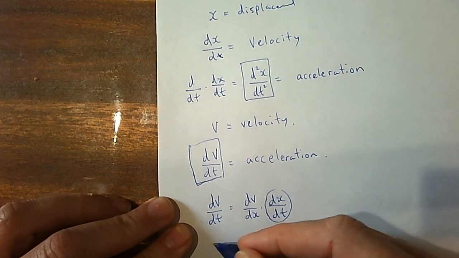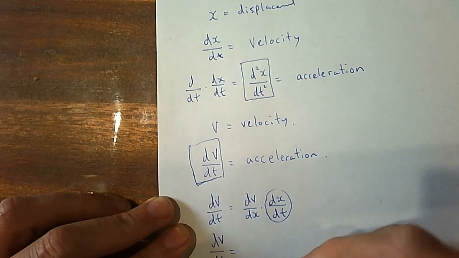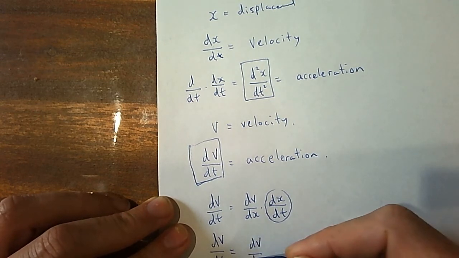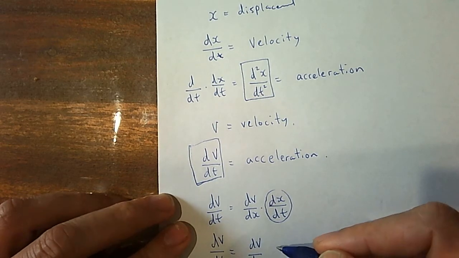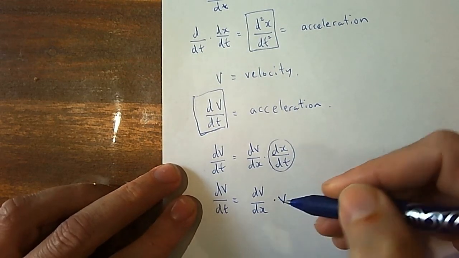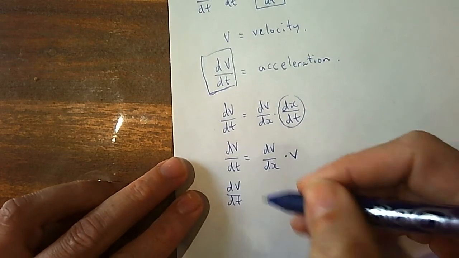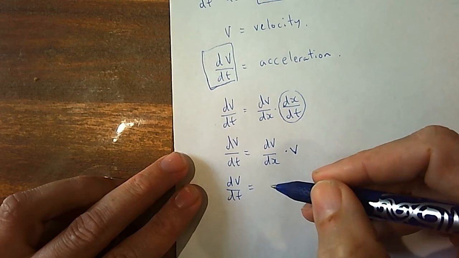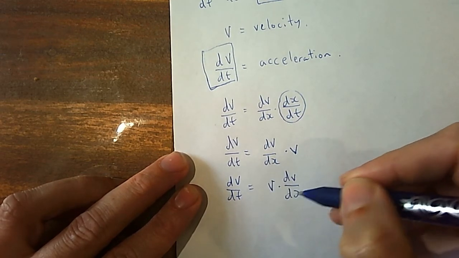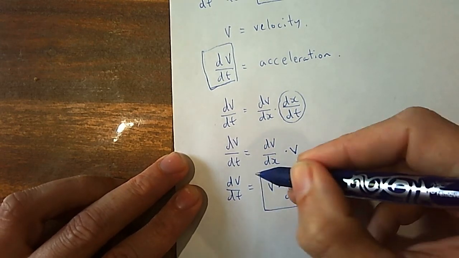So I could write this dv/dt, which we know is the same as acceleration, as being equal to dv/dx times velocity. Or, if I switch it around, dv/dt is equal to velocity times dv/dx. And again, there is my third